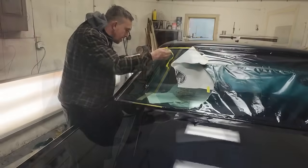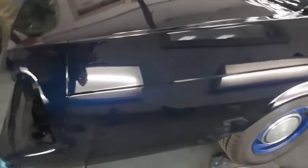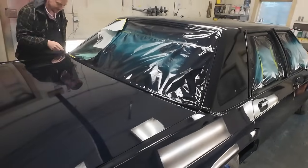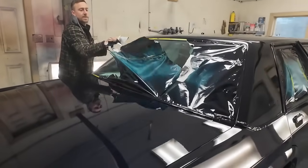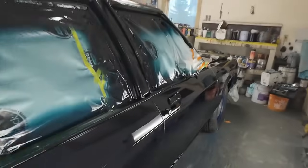As much as I like this yellow tape, I would never buy it again. I like the best of that orange stuff he bought. It was really nice too. I can't really see anything off the edge there. Seems good enough, right? Yeah, that'll be fine. Yeah, and then, like I said, pull off the,